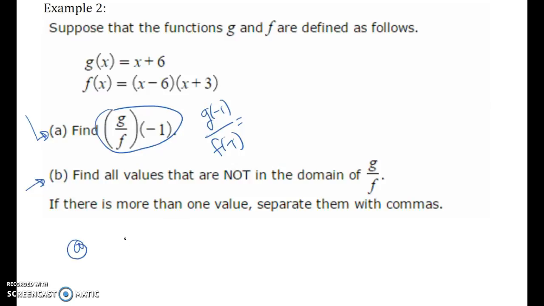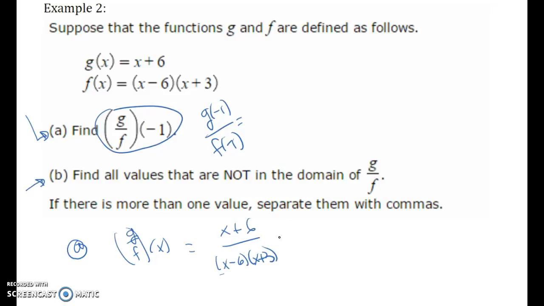The generic sense would be just to figure out what g of f of x is. And that would be, let's see, I would just write it like this, (x + 6)/(x - 6) times (x + 3). I wouldn't do anything more than that if I wanted the generic. Unless it asked you to multiply out this denominator, but I wouldn't unless it asked you to do that specifically. And then once I know that, if I want to find g of f of -1, I can just